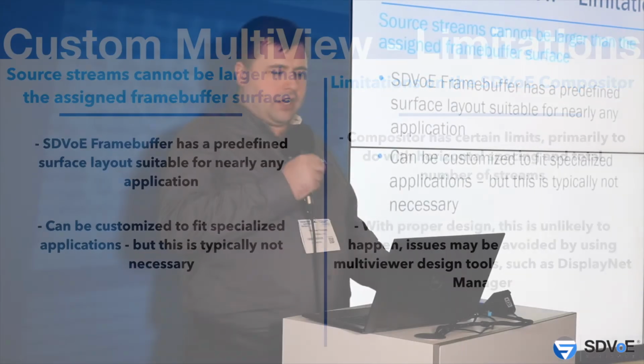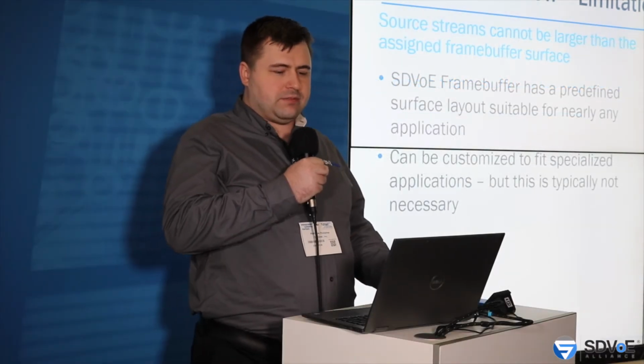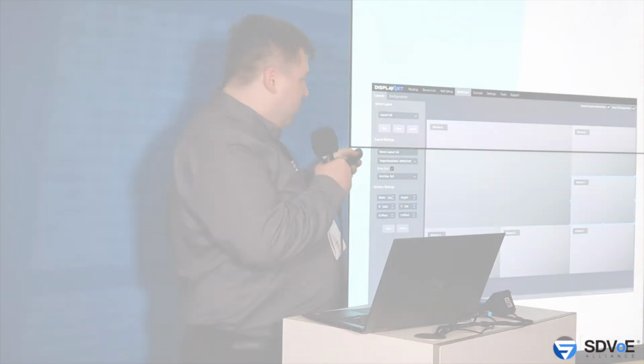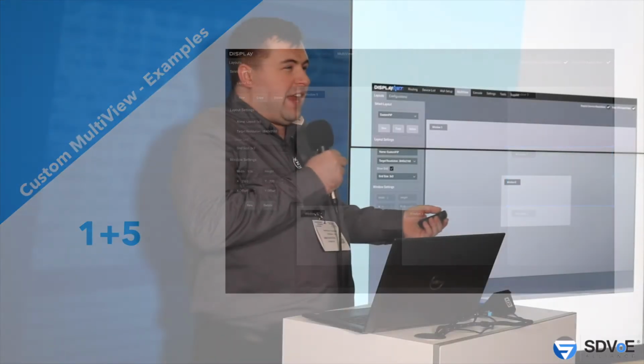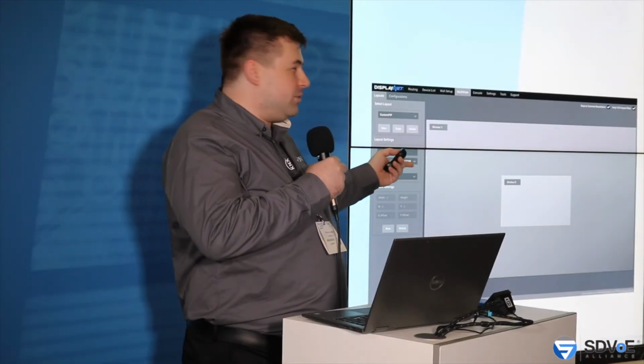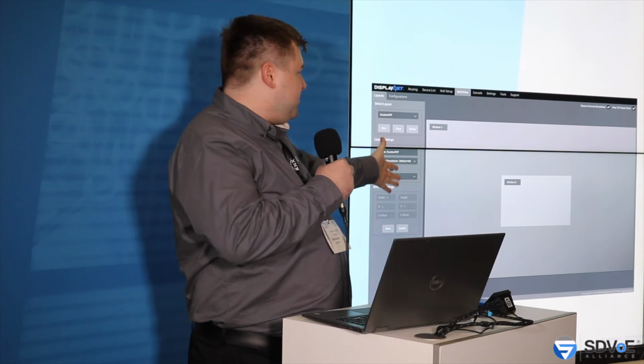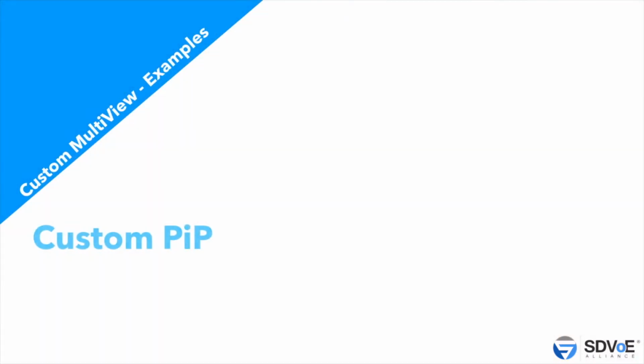So there are a couple examples here of what a custom multi-view looks like. A 1x5. We have a large window, and then we have 5 other streams on the side, so you can get a bigger, emphasized picture while also showing several more streams on the screen. It doesn't even have to make sense because you can literally do anything with the custom. So in this case, we put a picture-in-picture, but we put the pip window right in the middle of the